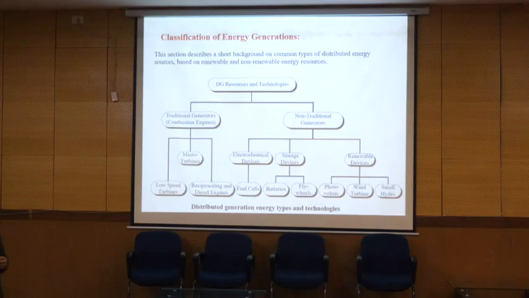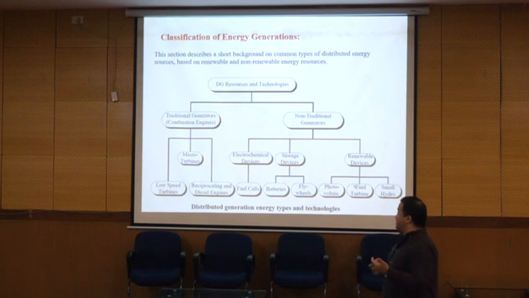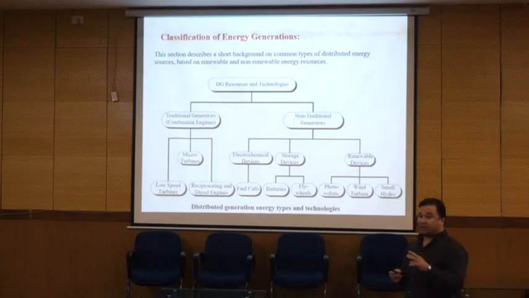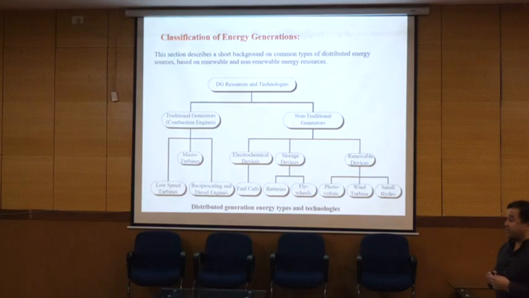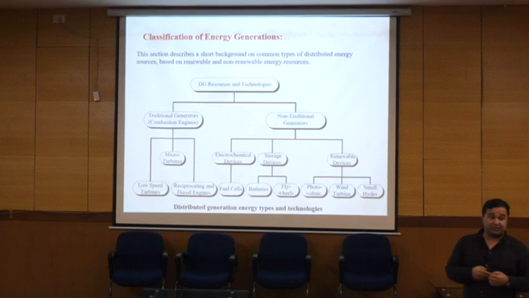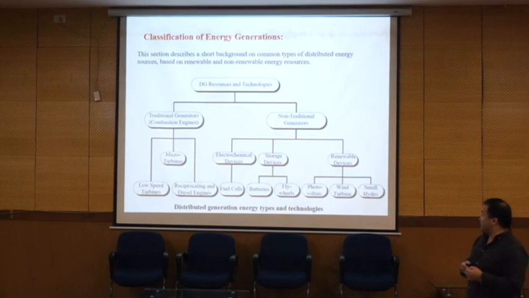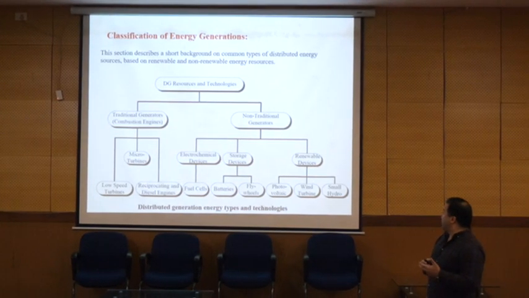So we have different types of technology for the DG sources. We have some conventional technology based on the traditional generator, one of them being the diesel generator. We have the micro turbine and also low speed turbine. These are traditional sources, but we also have a new generation of power generators based on electrochemical devices like fuel cells and storage devices. We have high power and high energy, which we will see later, and we have renewable energy: photovoltaic, wind turbine,